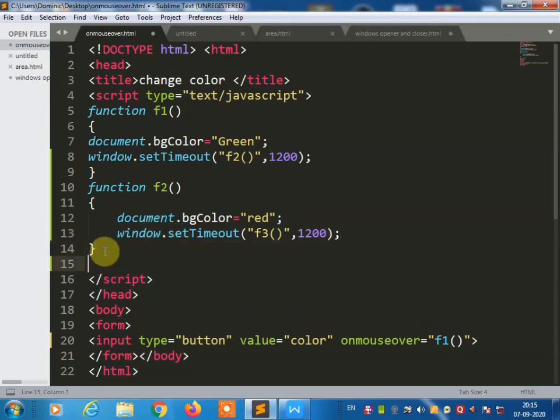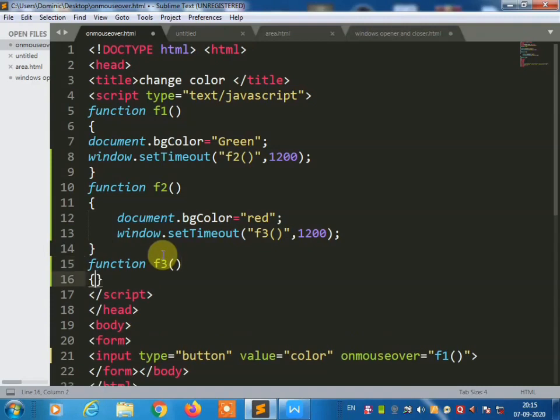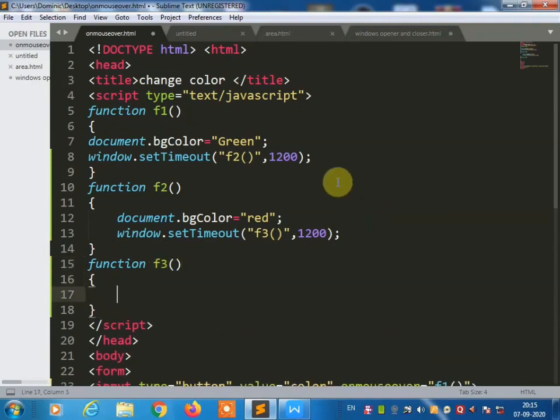Then we are going to use the third function for the third color, function f3, document.bgColor equal the next color.